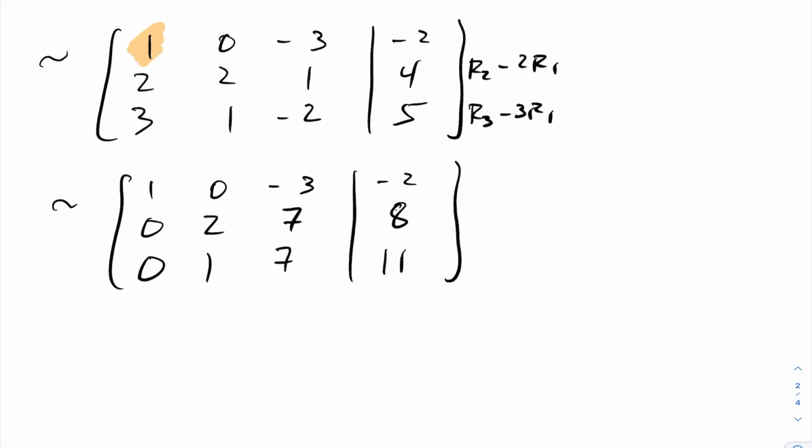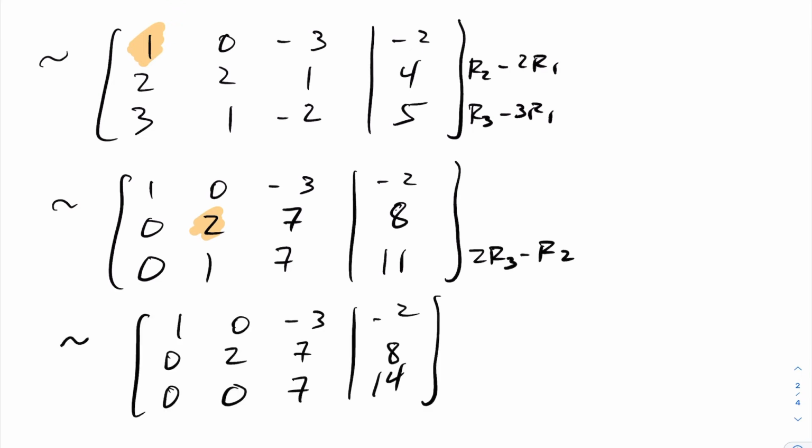Now we want to have a 0 in this entry, so our anchor changes. This becomes our new anchor. And now I want to go ahead and make this a 0. So to do so, I can take twice row 3 and subtract that from row 2. We get 0, 0, 7, and 14. So you can see here we're now upper triangular, and now we can go ahead and convert this back to